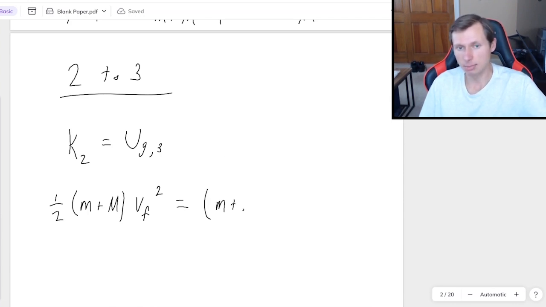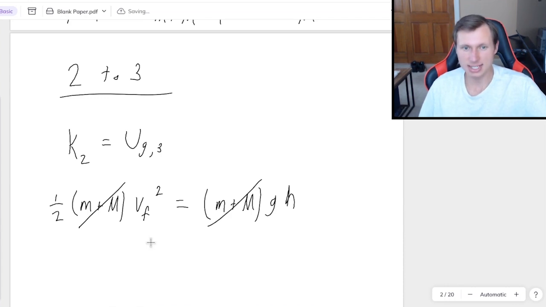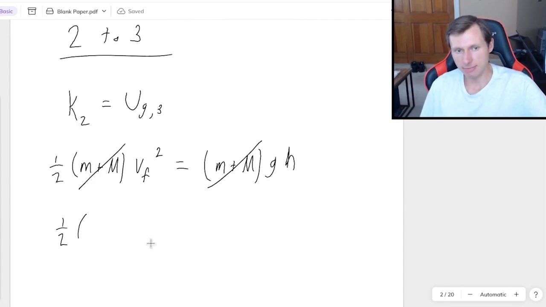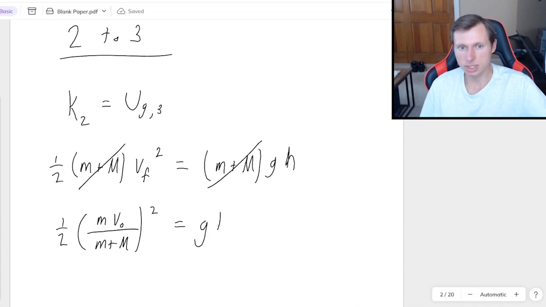So little m plus big M, it's the same mass, times g, which is usually 9.8, but I'm just going to keep it as g since this is all variables for this problem, and then times the height, which ultimately is what I'm solving for. First, we'll notice that little m plus big M cancels on both sides, and then I'm going to plug in VF squared. I'm going to write mv0 over little m plus big M, that quantity squared, equals g times